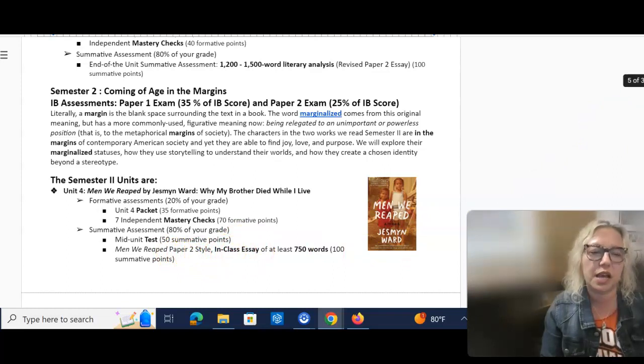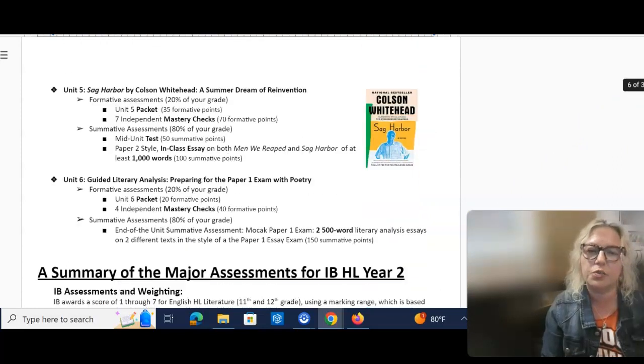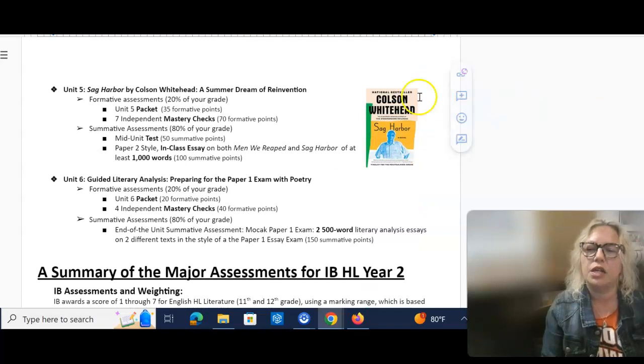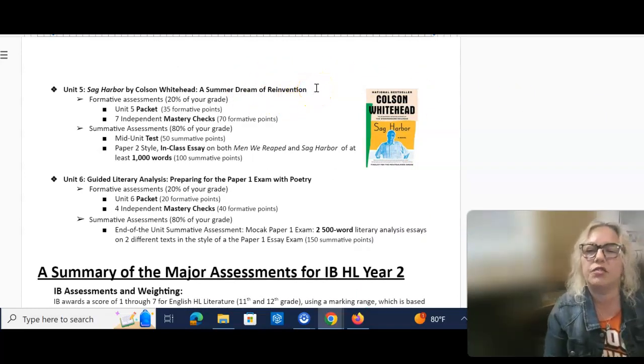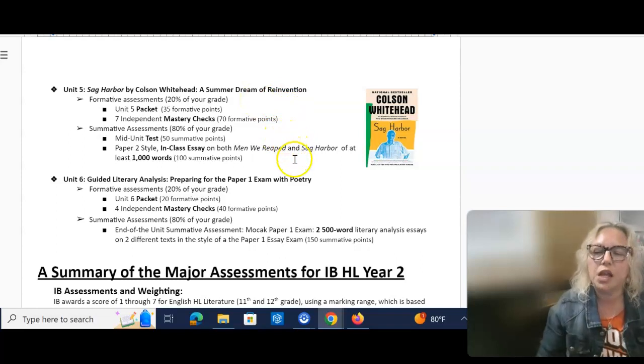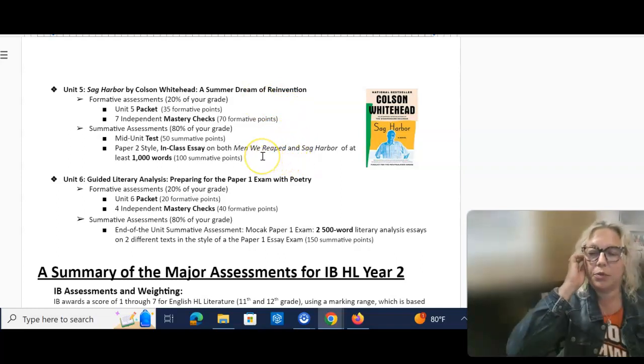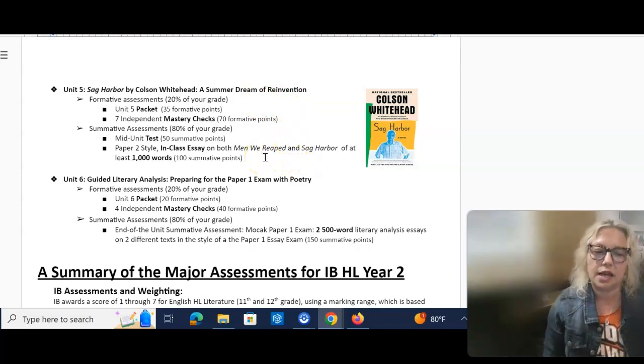So we'll start doing some timed writing second semester in preparation for those May exams. Unit 5, Sag Harbor by Colson Whitehead, A Summer Dream of Reinvention. We've got formative assessments and summative assessments that look very similar to what you've seen before. Once again, we'll do a paper 2 style in-class essay. It's a timed writing